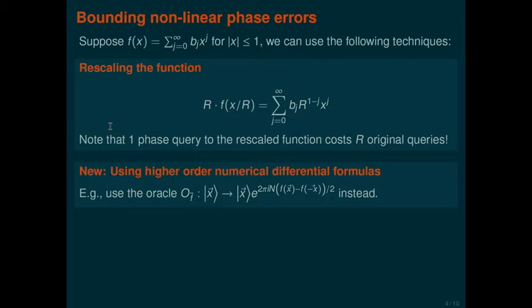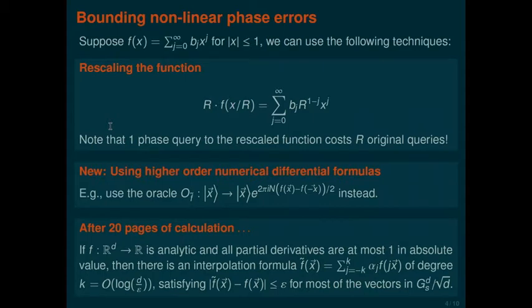If I use this, it basically means that I first query f for x, then do an inverse query, which is just the unitary inverse of the query function, for minus x. So this is already a much better approximation to my function, which completely surpasses the second order term. And one can push this idea further, but it's a long calculation involving some higher order calculus.